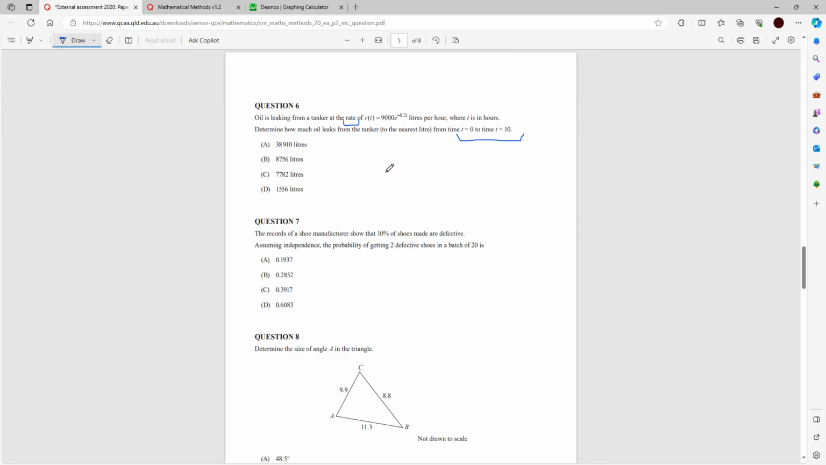So our answer is going to be the integral from our starting time, 0, to our ending time, 10, of this function here. Okay? So if you wanted to, you could plug that straight into your calculator, or you could integrate it and plug it in. But I'm just going to plug it straight into my calculator because that's what you want to do in this particular part of the exam. You want to be saving as much time as possible. So minus 0.2x, and then we go from 0 to 10,